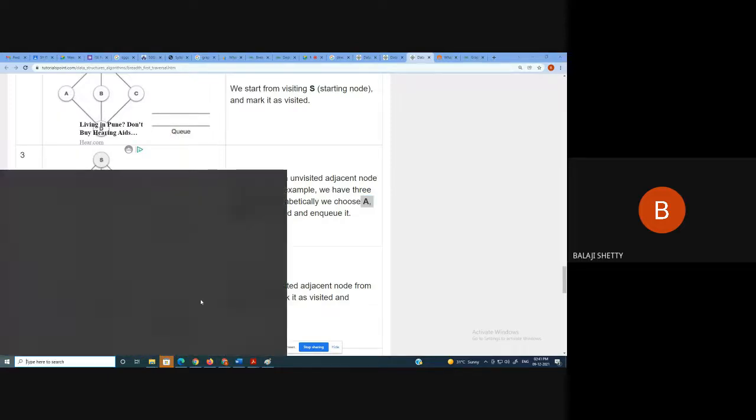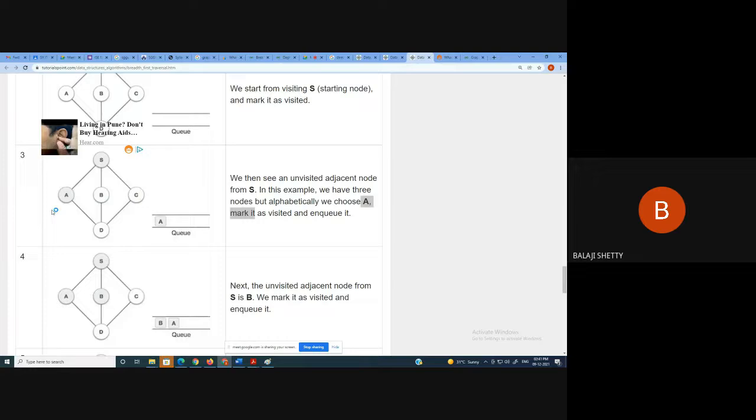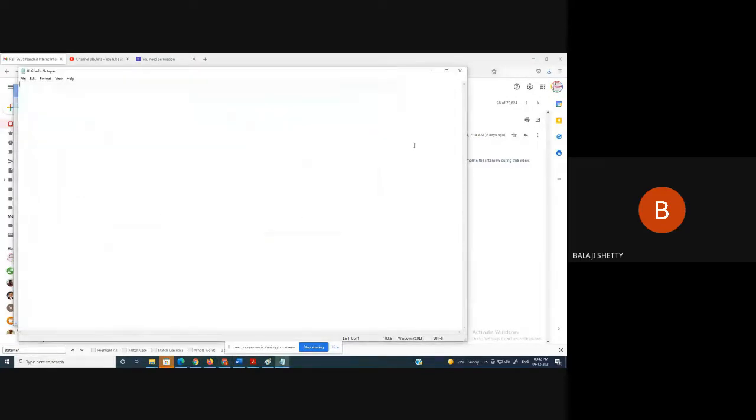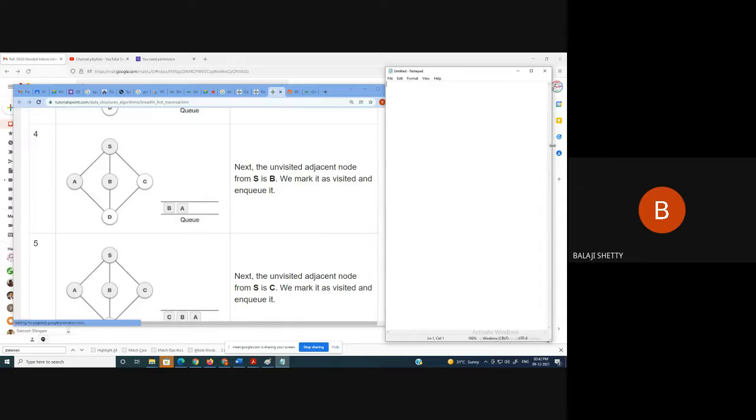Okay, what do I do? You will be confused because the representation here is a little bit different. So I use notepad so that you will not be confused. Initially, S is there.